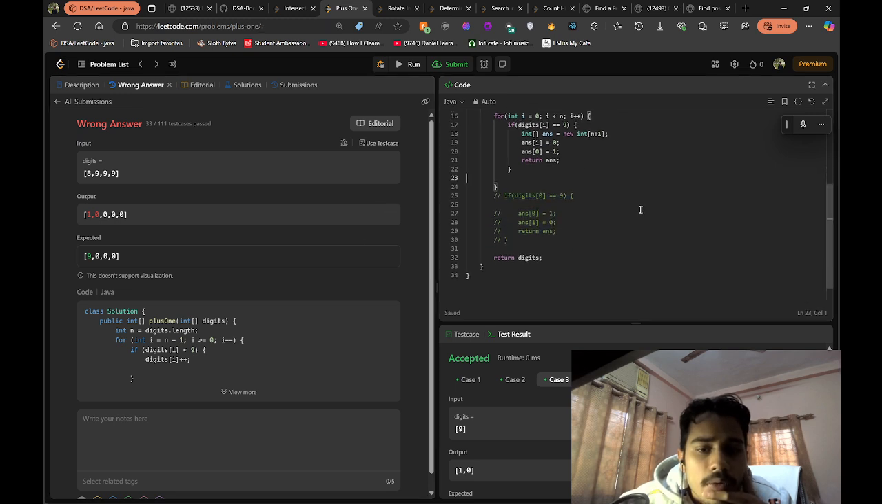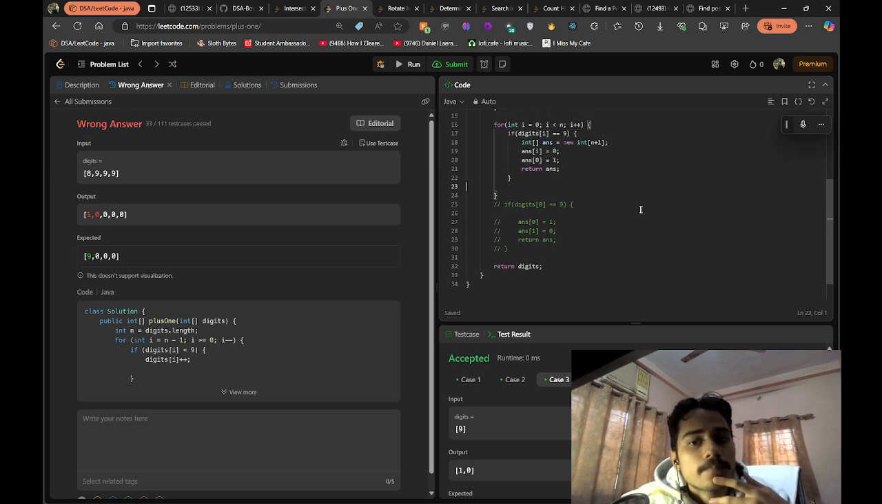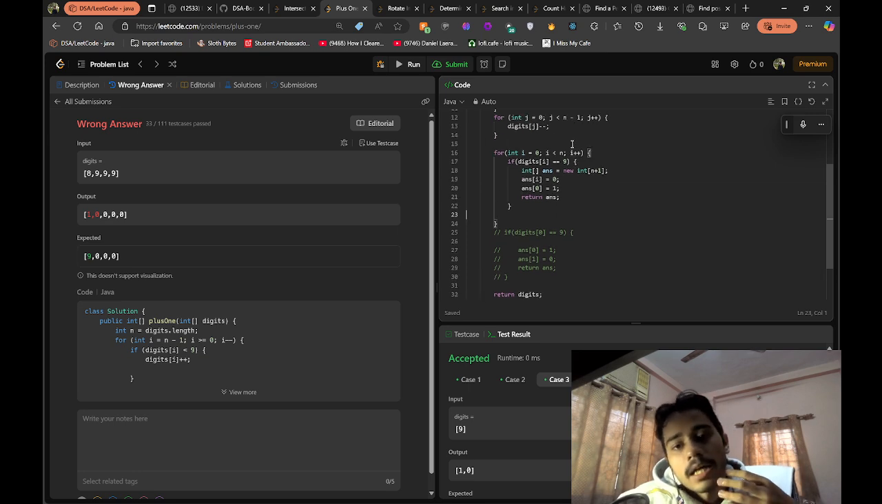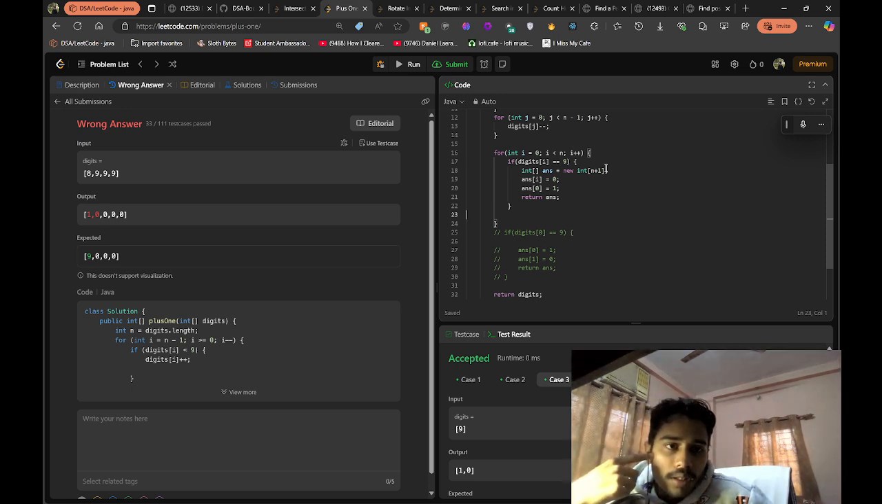See, the thing is, I don't know why the 8 is not 9, because it had to be 9. All the elements were 0, that's fine. Why wasn't... Oh, my bad. If I am considering that, if digits I is 9, yeah, if digits I is 9,